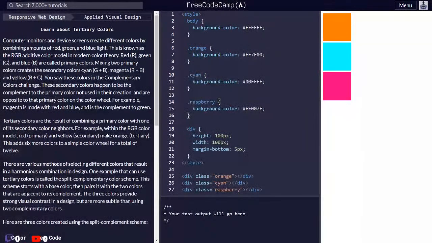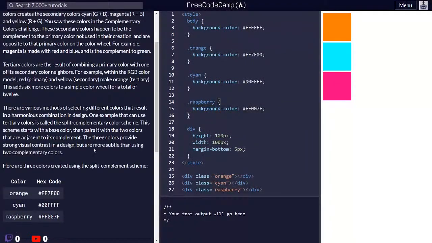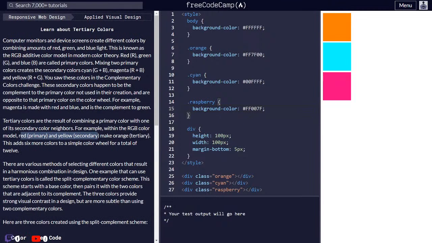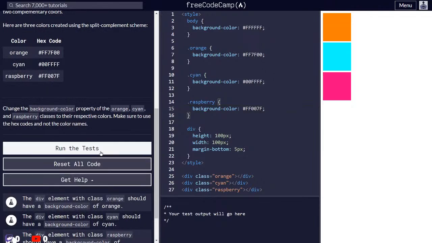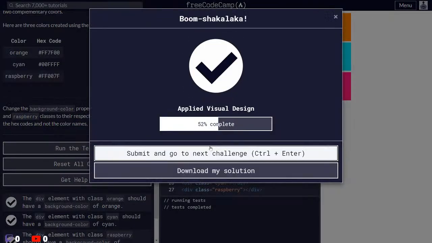So these are some of the tertiary colors that are used by combining primary and secondary colors. This orange color is made by mixing red and yellow. Cyan is made by using green and blue. If we run the test, complete it and go to the next challenge,